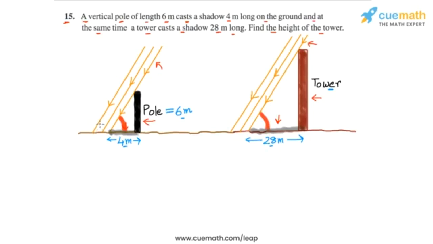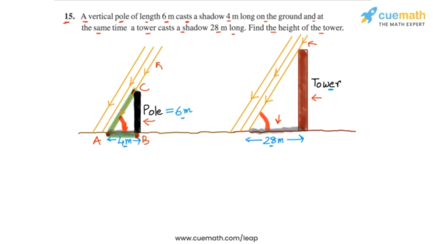So consider the triangle that is formed by this point here, which is the top of the pole, this point here, which is the foot of the pole, and this point here, which is the tip of the pole's shadow. Okay, so let's call these 3 points A, B and C. So if you observe carefully, triangle ABC is a right angled triangle, and let me highlight this triangle for you. So triangle ABC, this is a right angle triangle, right?